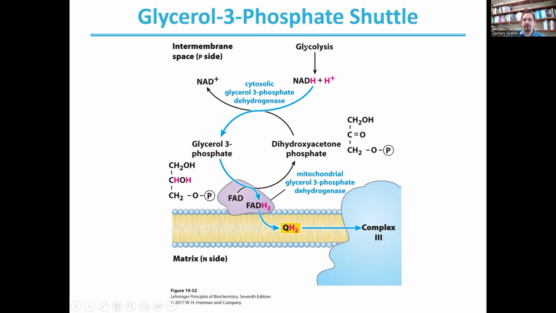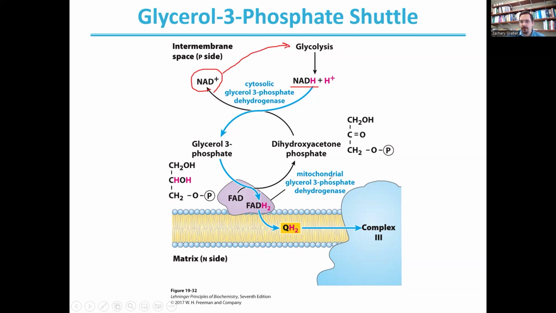One of those is the glyceryl-3-phosphate shuttle. So our glycolysis will produce NADH. That, of course, is from our GAPDH, or glyceraldehyde 3-phosphate dehydrogenase. That can then go through our cytosolic glyceryl-3-phosphate dehydrogenase, which can use that NADH to reduce our dihydroxyacetone phosphate to glyceryl-3-phosphate. So at that point, we are running this pathway backwards from what we usually see, but this allows us to produce the NAD+ so that we can then continue glycolysis,